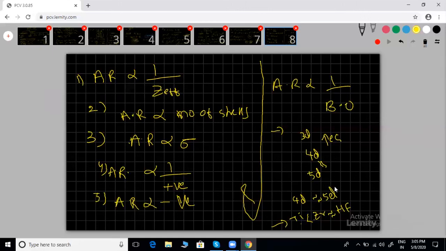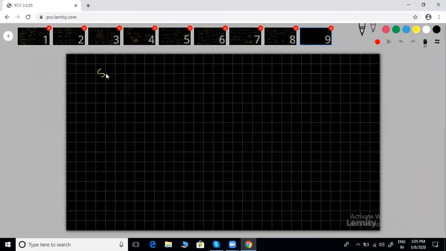Suppose I am given nickel, copper, zinc across the period. Which is the biggest size? Zinc. Same order as given: nickel, copper, zinc. Scandium to manganese, atomic size decreases because across the period size decreases. Iron to nickel, almost the same. It also decreases, but these are less than manganese. Copper to zinc, size increases.